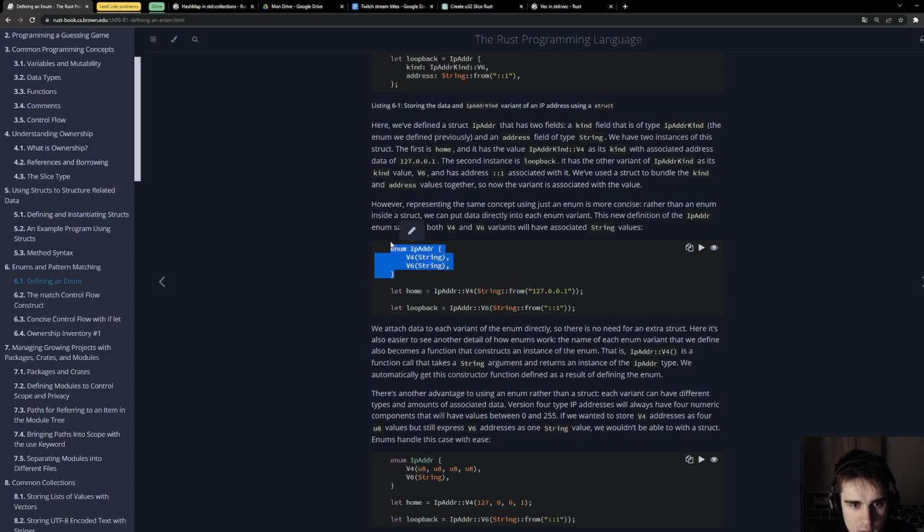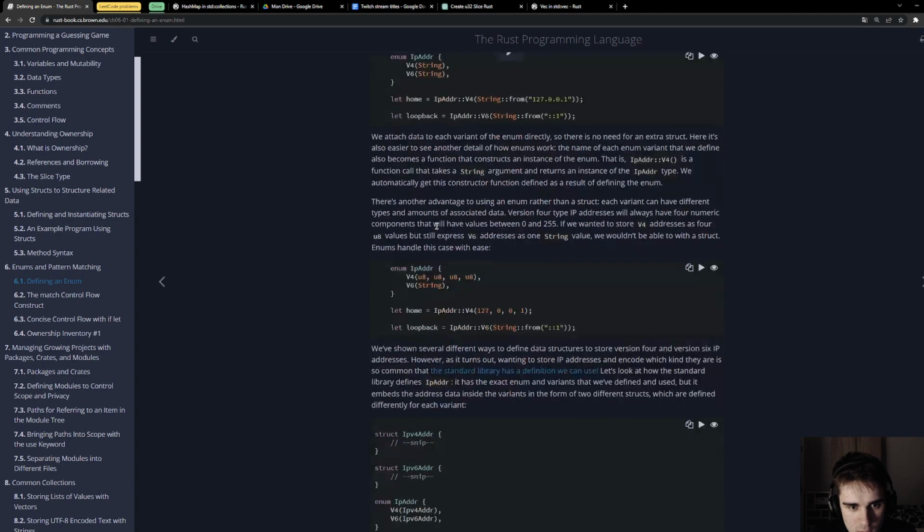So yeah, this is like a struct inside an enum, or like it's a way to simulate a struct using an enum. This new definition of the IP address enum says that both v4 and v6 variants will have associated string values. Okay.